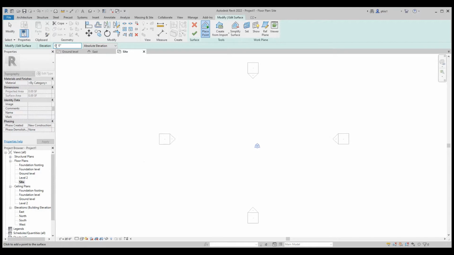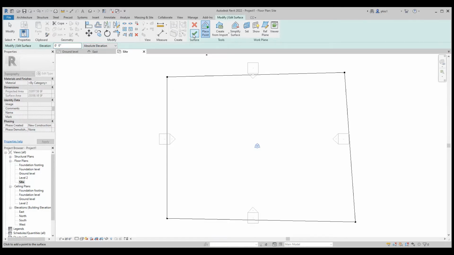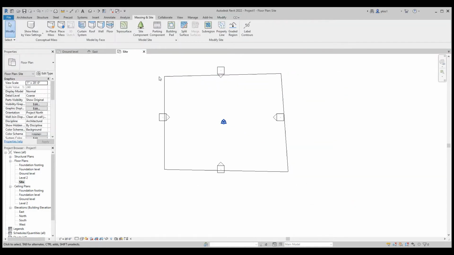It can either be flat or a little sloped. Let's make it a little sloped at 1 foot for the top, or the back of the site, and for the front of the site we can put 0. And we select the tick to complete the site drawing.